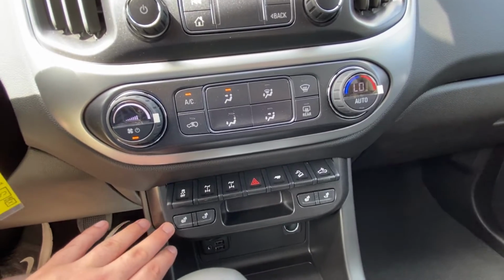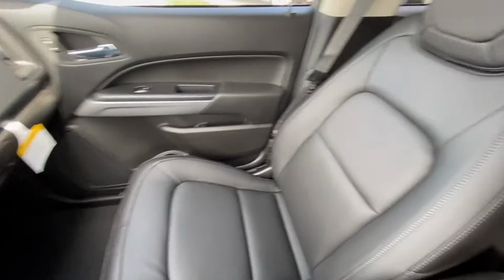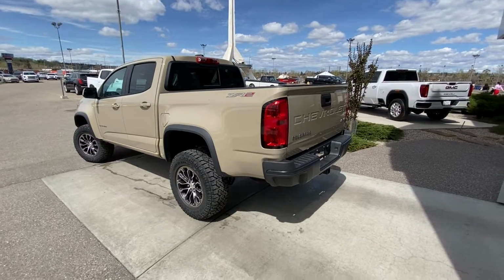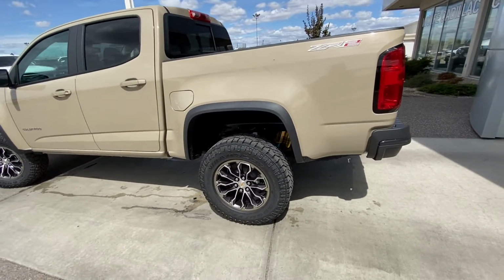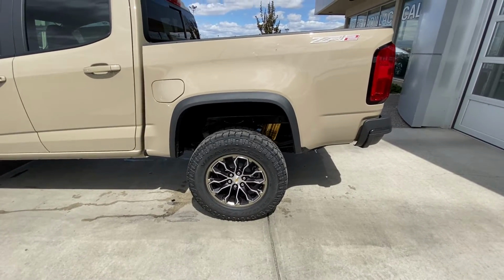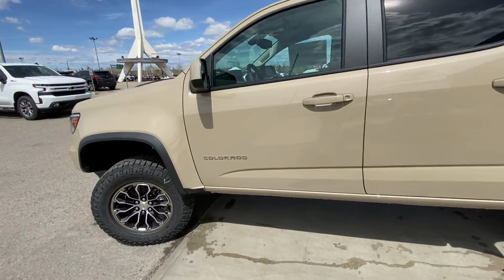You do have the heated leather seating, automatic shifter, wireless charging pad, all black interior to the Colorado here as well, and the ZR2 branded leather seating. Taking a quick look at the exterior of the Colorado ZR2, we have the 17-inch wheel and tire package, ZR2 branded rims. We do have the Goodyear Wrangler Duratrac all-terrain tires, color-matched door handles as well, color-matched mirror caps,